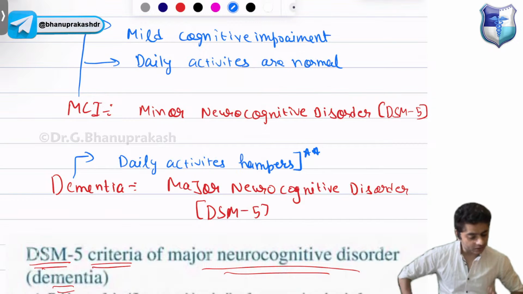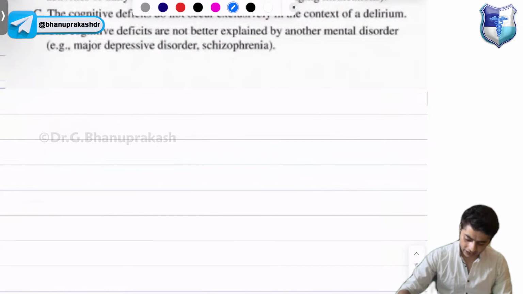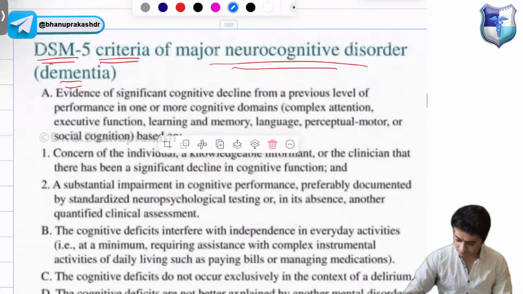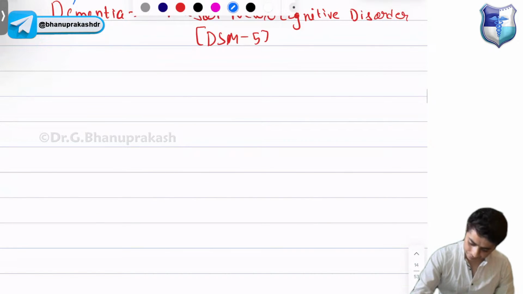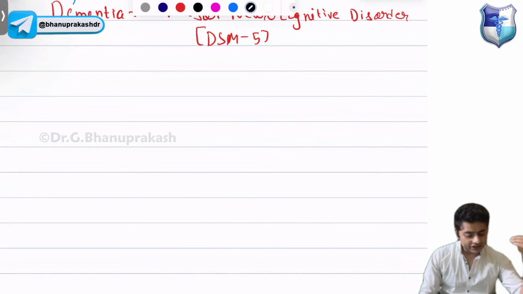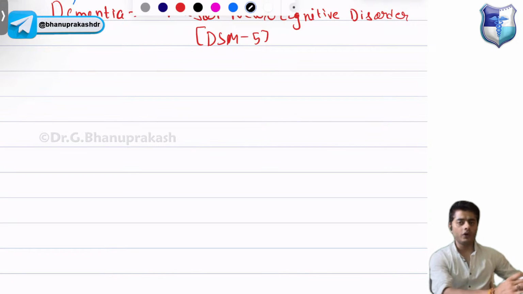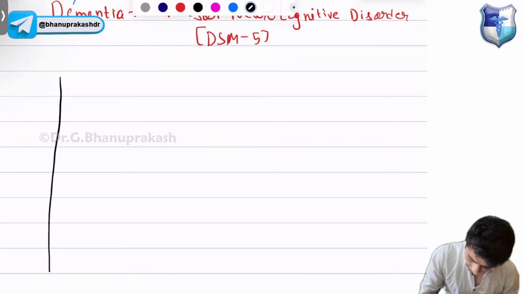ठीक है. तो सबको समझ गया एमसीआई और डिमेंशिया का फर्क क्या है. And just I will draw a graph with you also. See this graph, na. So we all know that generally when we age, our memory decreases and the chance of dementia increases. We know na ki if this patient is suffering from old age, now he doesn't remember all the things. So see, if I draw a graph,